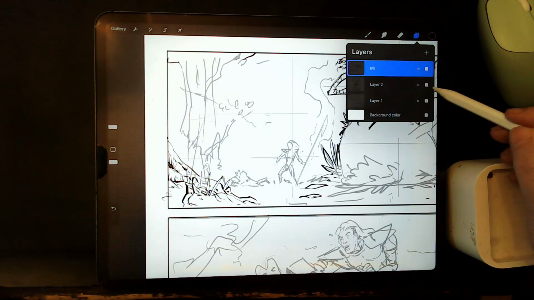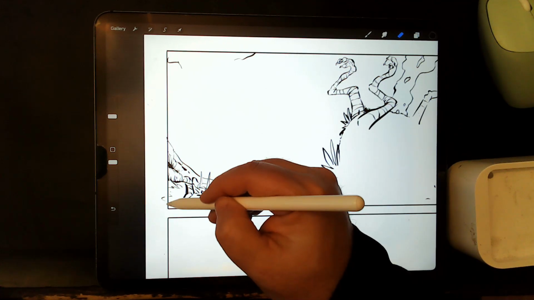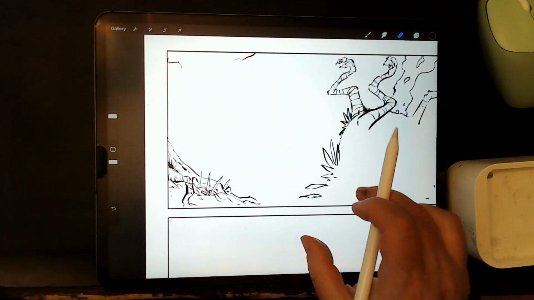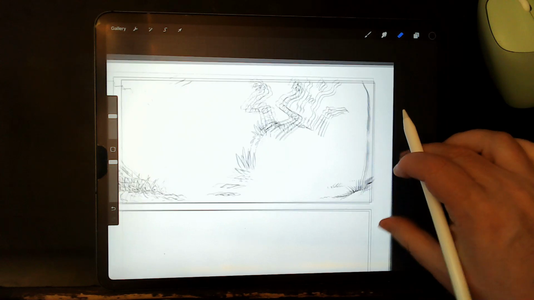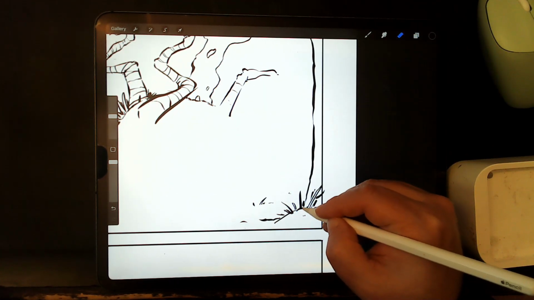All right, we got something going on. Ooh, that looks a little messy. Some of this looks okay, and then some of this looks a little troubled, but we're gonna get through it.